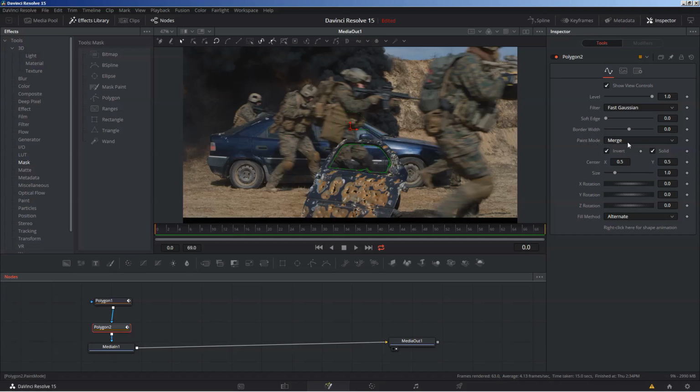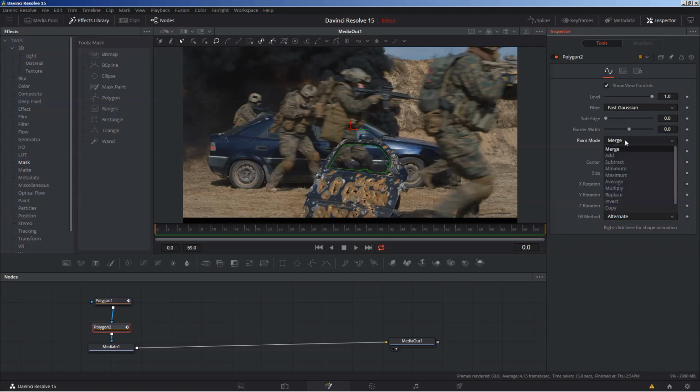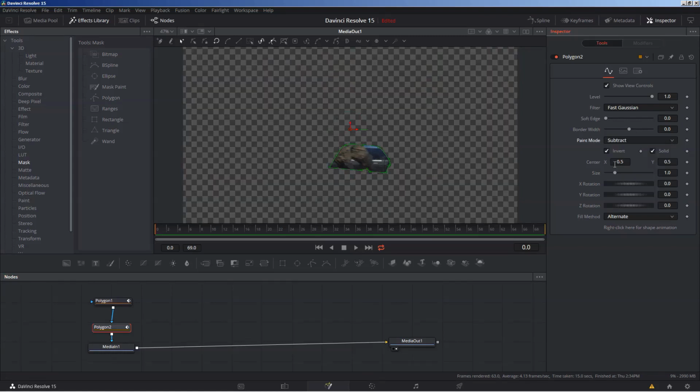Now I don't want merge because I need this window subtracted from the mask, which means I click on this and I go to subtract. Okay, now you know what's going on. It's just a few clicks on those invert things. You just invert like this, and here is your door, isolated, rotoscoped, ready for you to do whatever you want